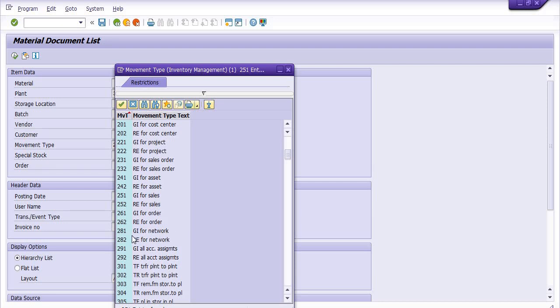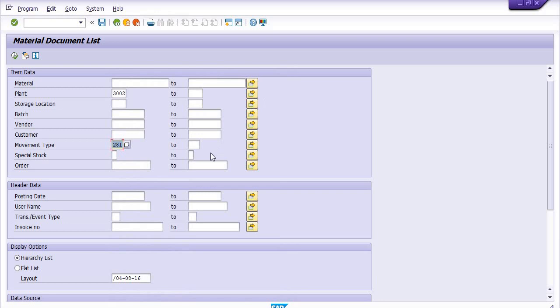That material is further going to be capitalized. For example, if anyone has done a movement type 281 goods issue, then due to some reason maybe he or she used 282 reversal for the goods issue to network, so we can take both for knocking off entries, 281 and 282. I just want to get the data of the 2019 financial year, 1/4/2019 to 31st March 2020.